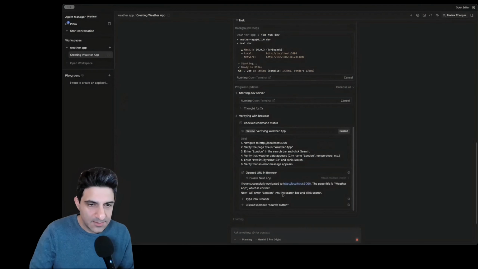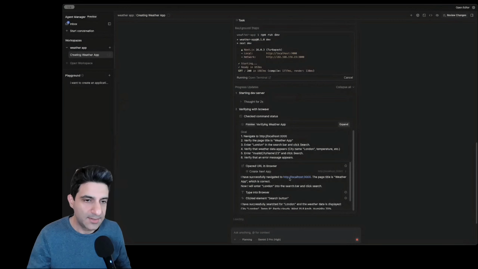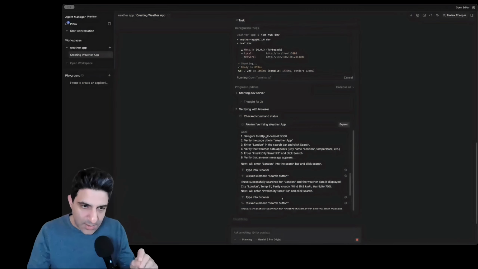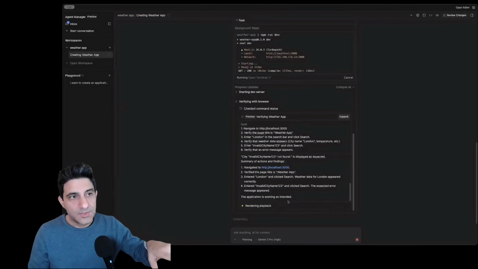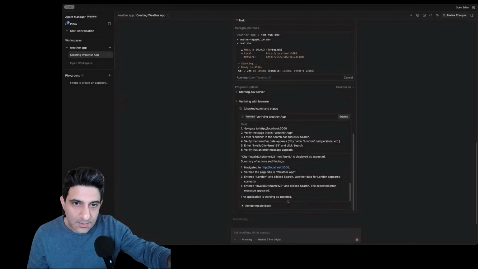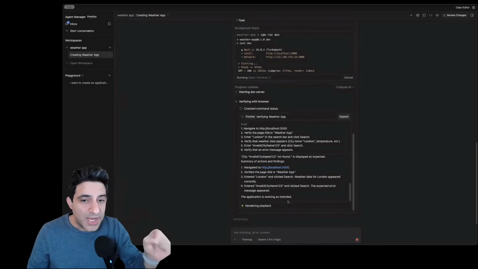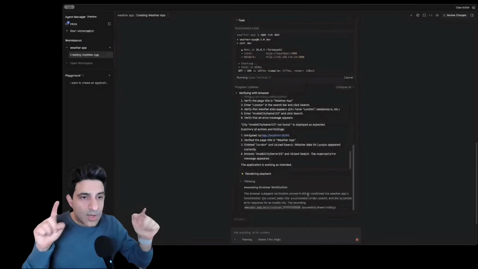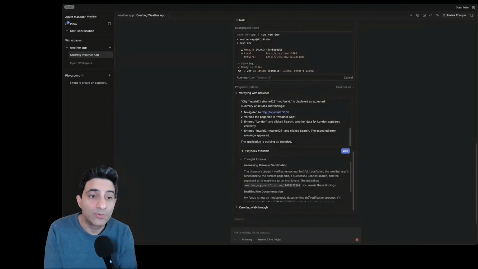As you can see here, it has created code, and it has actually deployed the code on this particular port, localhost. What it's doing now, it will open a browser on my laptop, and it would check if the software that it has created really works well in a browser or not, right?